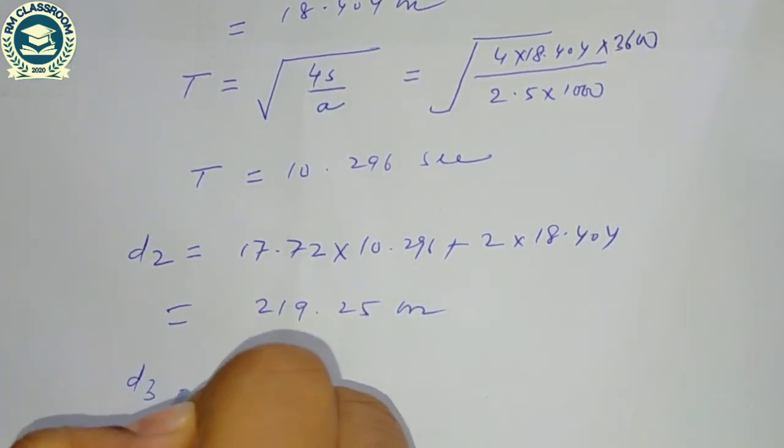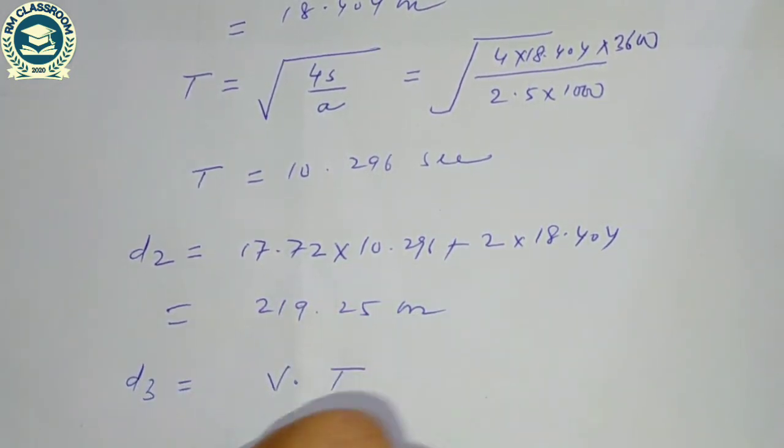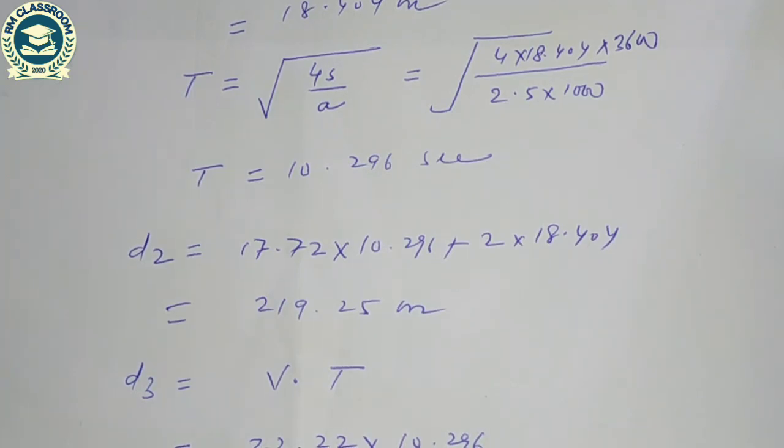And similarly D3 is equal to capital V into capital T. So capital V is 22.22 into capital T, which is 10.296. So it is coming